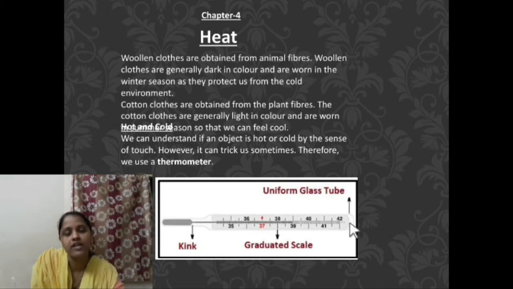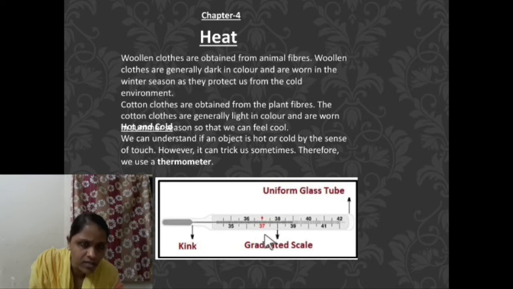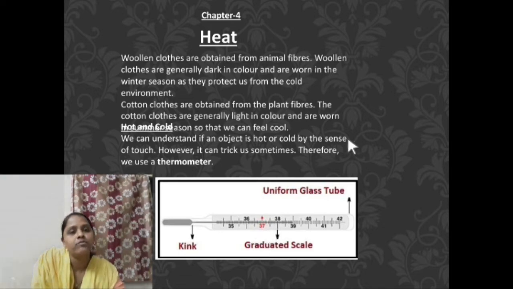This is the first type of thermometer, and our general body temperature is 37 degrees Celsius. See here, with the red number we are observing 37 degrees Celsius. Okay, and the second type of thermometer is